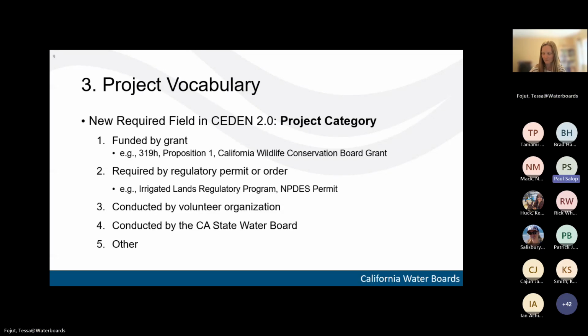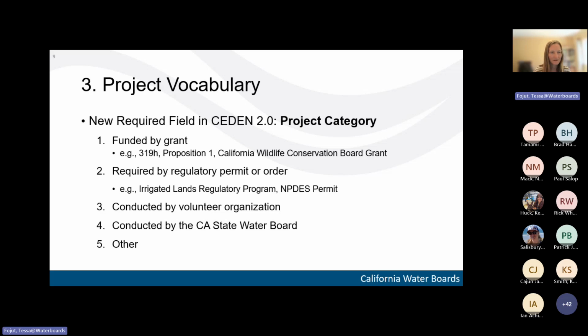A couple of quick questions. I assume this is not part of the chemistry template, and it would be assigned when you're developing a new project code. Is that correct? Exactly, yes. And is this only applied to new projects, or will we be required to go back and address all the existing projects we already have? We're just going to apply it to new projects. We'll probably fill in some for older projects where it's obvious, like I know which data was conducted by the water boards, but we're not going to go through all the old projects with a fine-tooth comb. Okay, thank you.